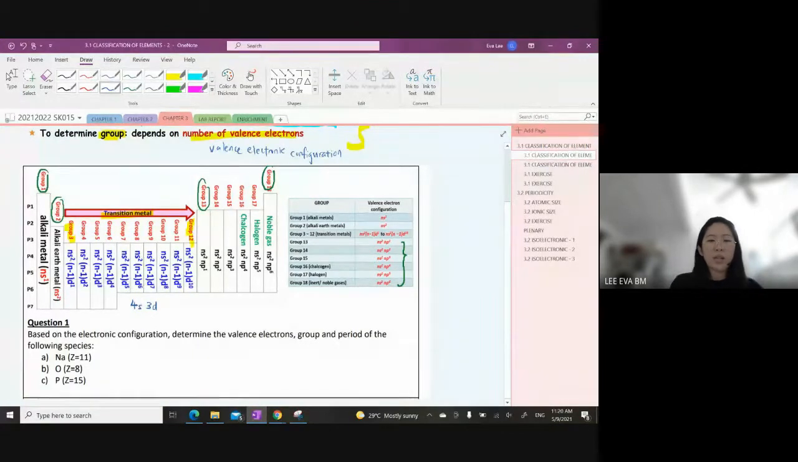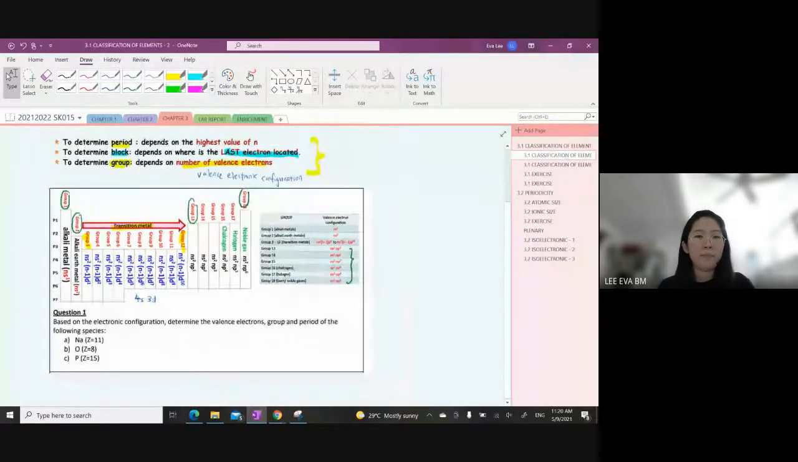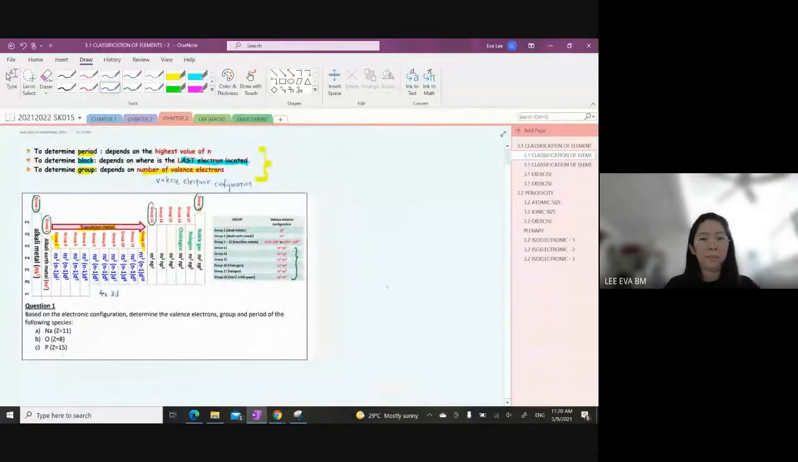All right, so over here, let's look at group 3. For your group 3 elements, starting with the first group from your transition elements, you will have the 4s2 3d1. So it involves both 4s and 3d orbitals. So even though the values of n are different,